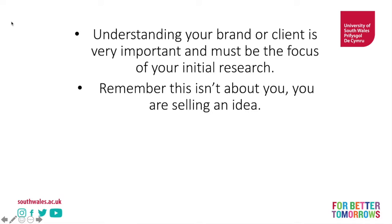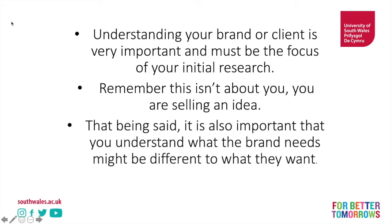Now this is really important. As a stylist, you'll be selling an idea, not necessarily you. It's not about your preferences. It's about the idea that you can bring to that client or that brand. But that being said, it's important that you understand that what the brand needs might be slightly different to what they want. They might need to sell more product, but might not want to appear any different than they have in the past. Now, this might mean that you take them into a slightly uncomfortable place,